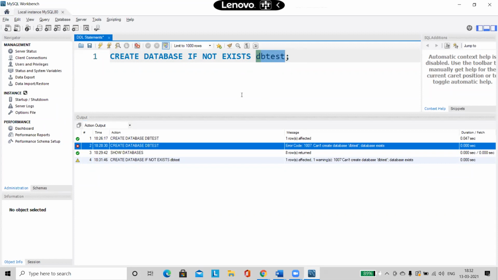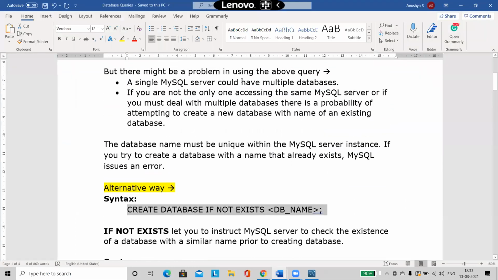If no database is present with this name, then it will create a new database. If a database already exists with this name, then it will give me a warning saying that this is already there, hence I cannot do anything about it. So understand the difference between these two very carefully.